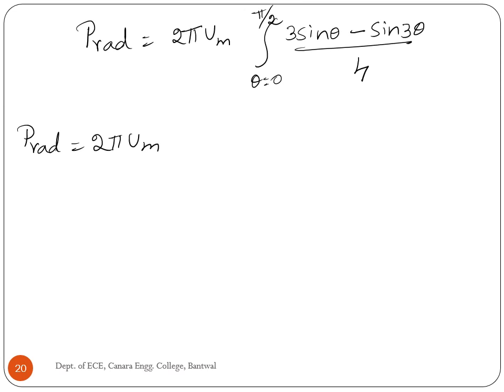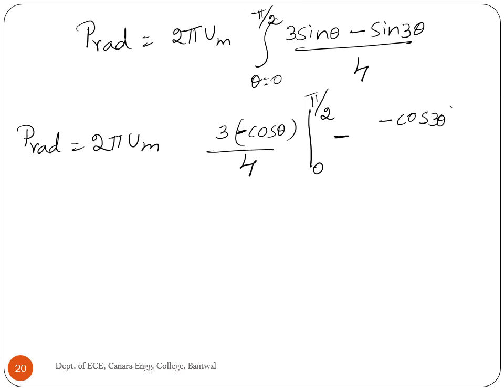Integration of 3 sine theta is 3 into minus cos theta divided by 4, limit 0 to pi by 2, then minus of sine 3 theta is minus cos 3 theta divided by 3 into 4, 0 to pi by 2,